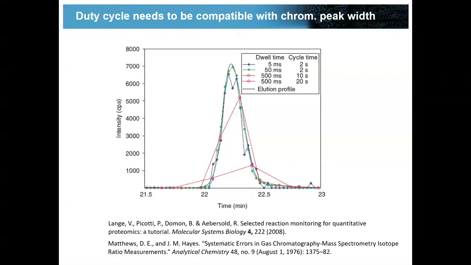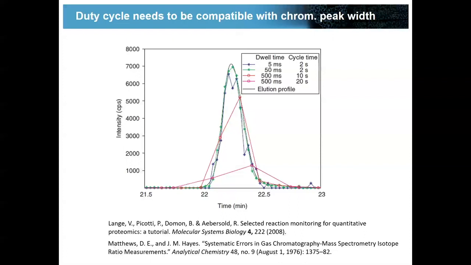And this is now a figure from actually an SRM example, but what it tries to illustrate here is how the duty cycle of the instrument relates to the chromatographic peak width and whether this is a constraint or not. So you see, if you set the duty cycle to 2 seconds, which is this green and blue lines, you have very nice sampling over the chromatographic peak, and you'll be able to reconstruct this peak well and get accurate quantification. In the case of these longer duty cycles, like 10 or 20 seconds,